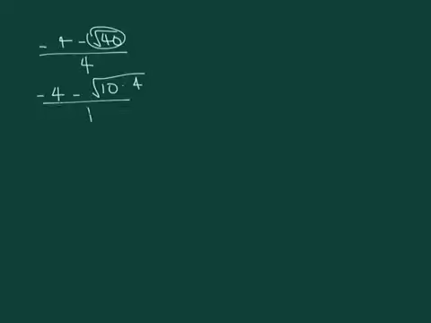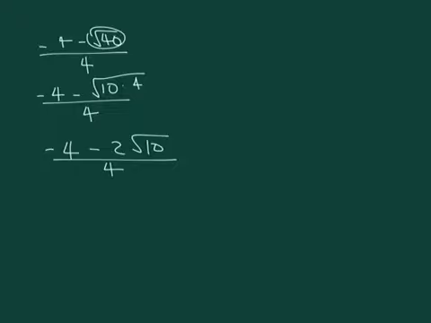Okay, last example. Negative 4 minus the square root of 40 over 4. Now, let's look at the square root of 40 here. What numbers? Oh, 10 times 4. That'll work because I can take the square root of 4. Okay, so negative 4 minus square root of 4 is 2. Okay, so I have that. Let's see, what can I do here? I can